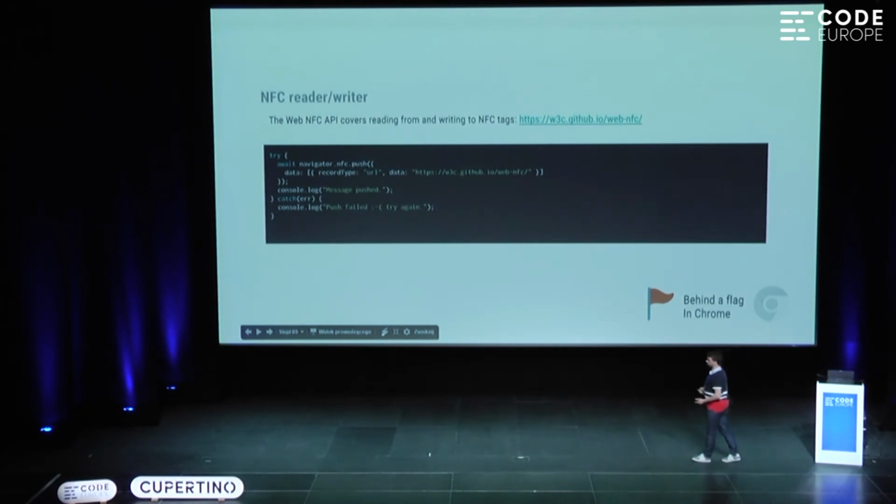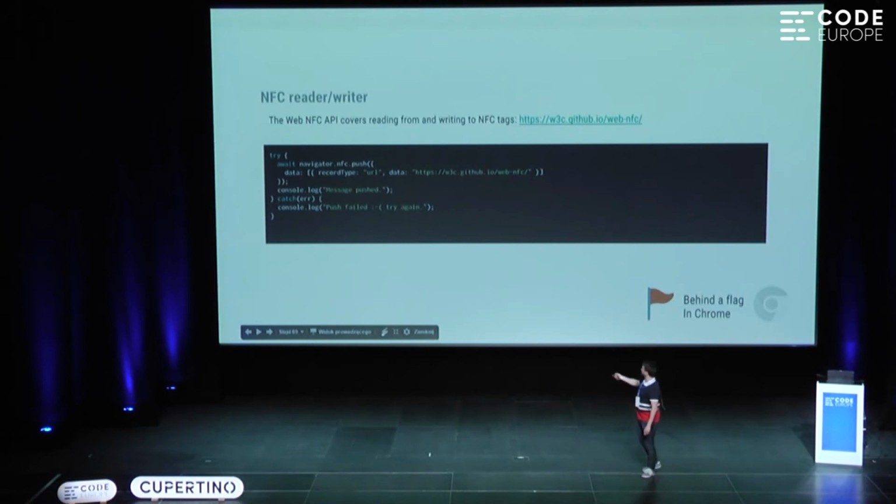In NFC, you talk about two different device types: passive devices and active devices. So your phone, it has power, it's called active. And an NFC tag usually will be passive because it doesn't have any power. So the way it works is that when I bring my phone close to the tag, my phone will actually send out currents, which will power up the device. And when that happens, they will exchange data. So they will read or write, or do both.